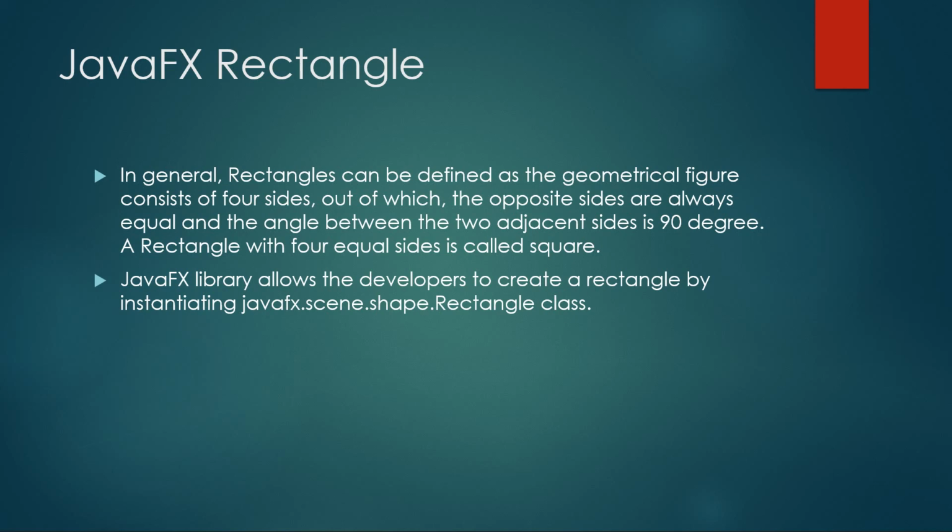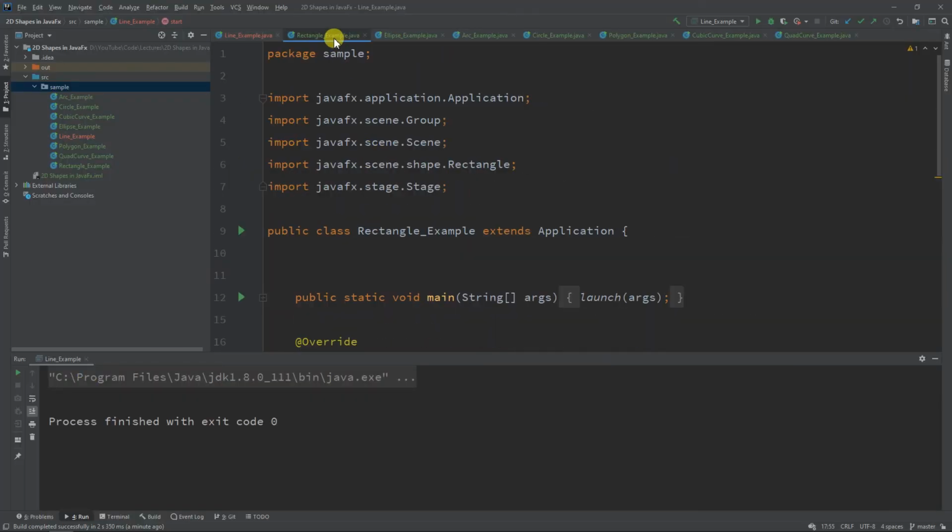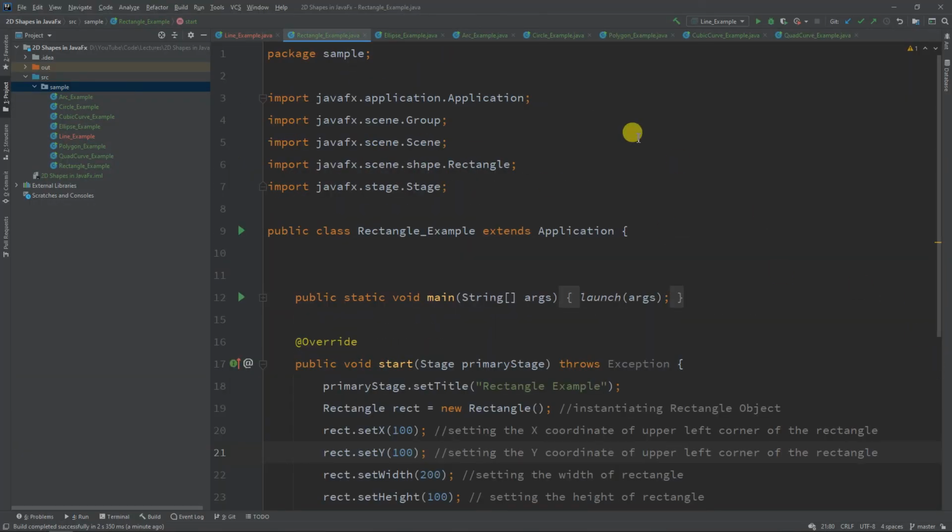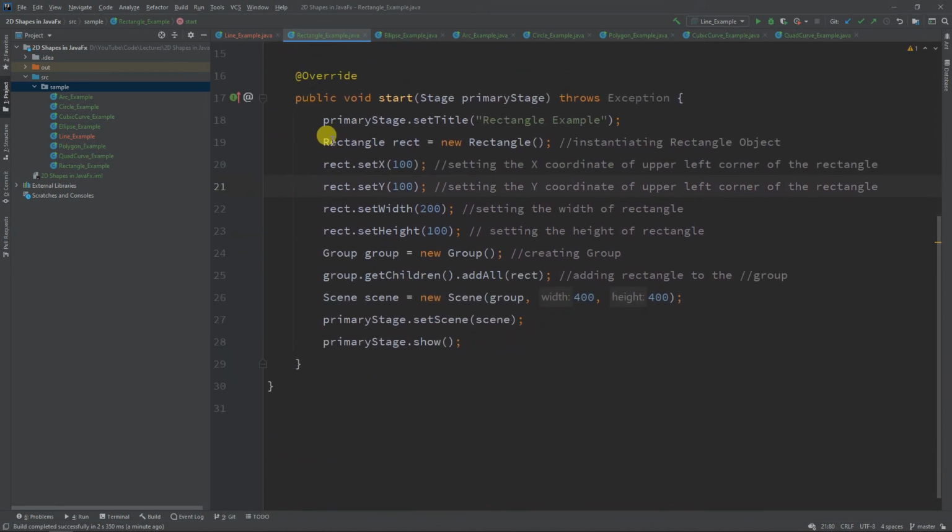Moving on, the JavaFX library allows developers to create a rectangle by instantiating the javafx.scene.shape.Rectangle class. So let's take a look at the example. Here we have created a rectangle object right here. Next we have set the x and y coordinates.